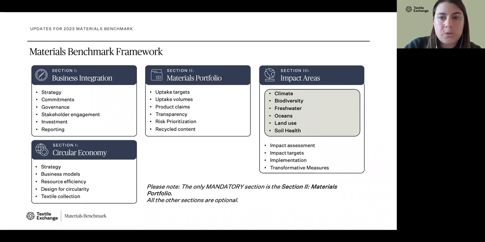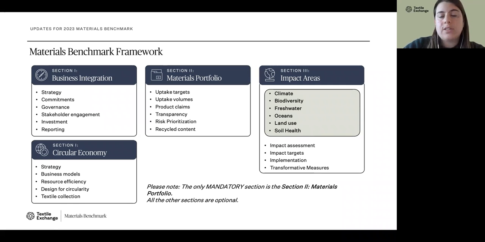That means that for 2023, the reporting period will be 2022. The data in section 2 remains important to track and record the use, so the volume of fibers and raw materials. And by asking for the targets, we can assess the ambition to scale the adoption of non-conventional fibers and raw materials and to track industry progress.